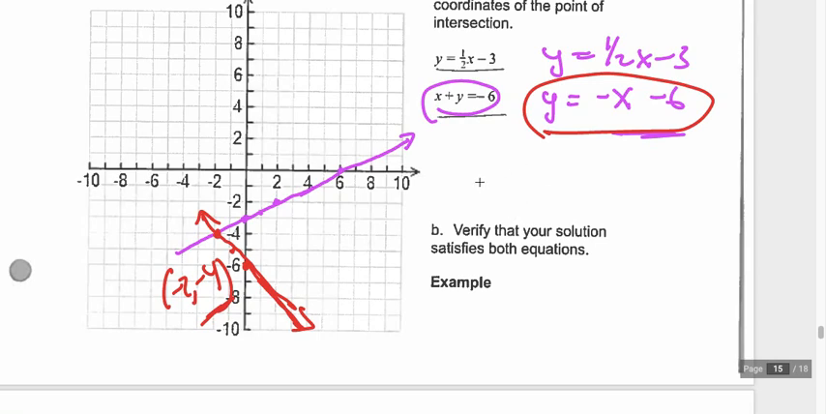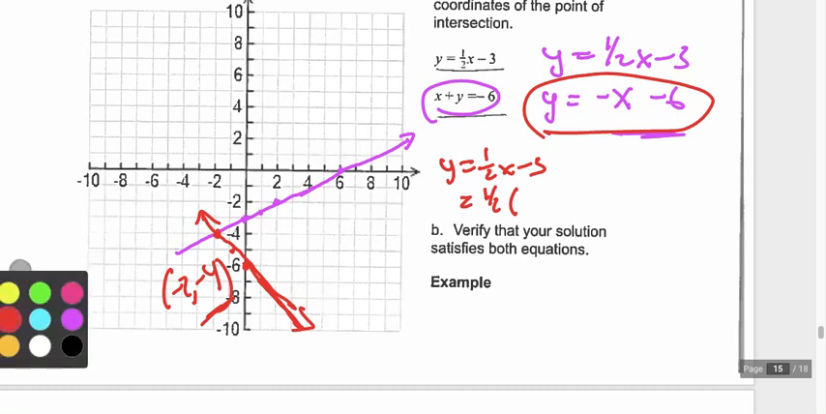So what I do here for equation 1 is I have y equals 1/2 x minus 3. And I ask myself, does this point lie here? Or is it true? Another way to ask this question is, this should be purple. This is my purple line. Y equals